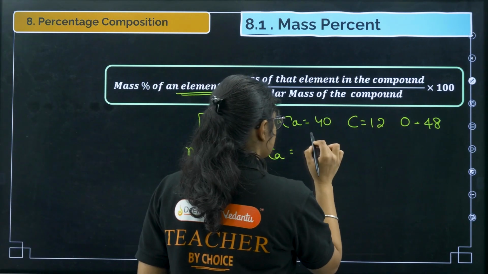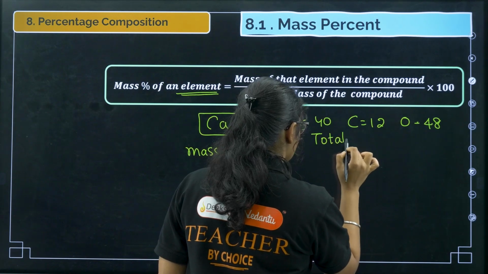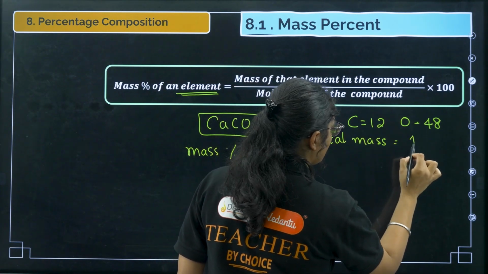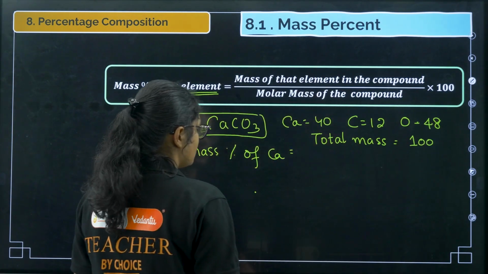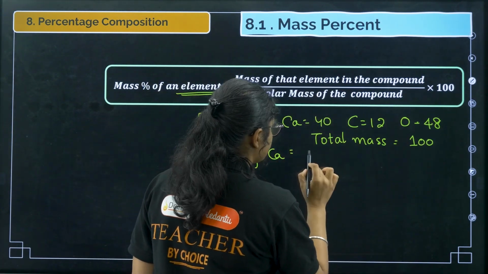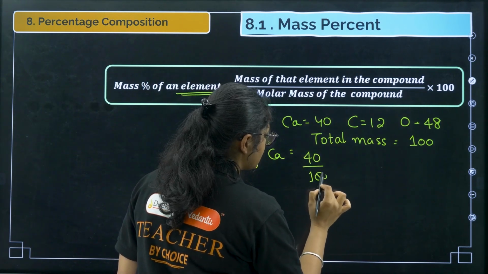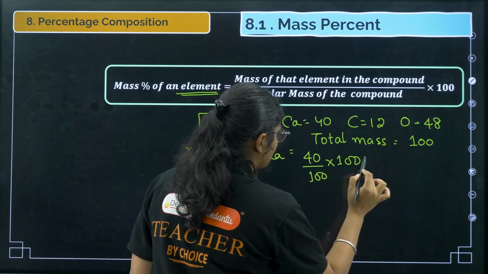Now what is the total mass of the compound? If you add all this, we will get 100, right? Now what is the mass percentage of calcium? You will get 40, the given mass divided by the total mass, that is 100, into 100, so we will get